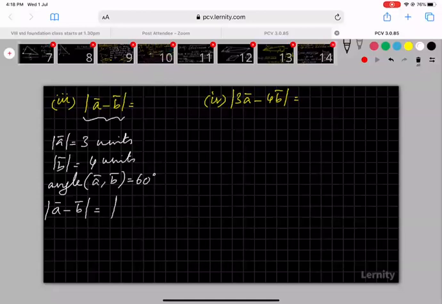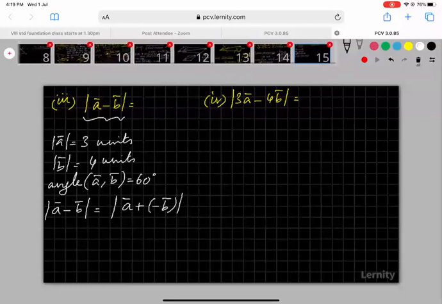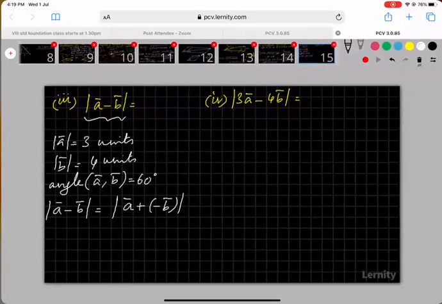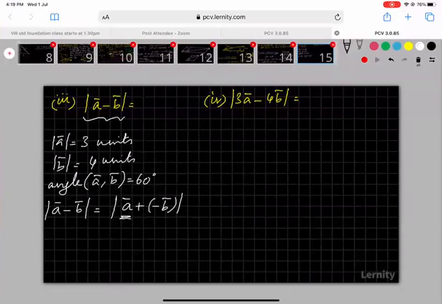I will convert that subtraction question into an addition question. So I'll write magnitude of A bar minus B bar as magnitude of A bar plus of minus B bar. Can I do that? I can write A bar minus B bar as A bar plus of minus B bar. I can do that. Now I am adding A bar and minus B bar. So those two vectors I am now adding. So I know magnitude of A bar equal to 3 units. Magnitude of minus B bar is equal, by the same method as B bar, to 4 units.